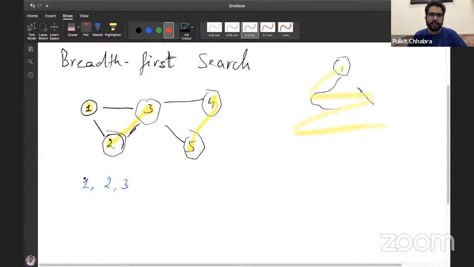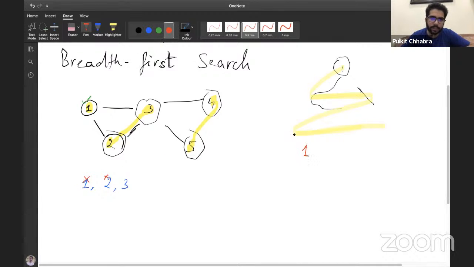And so I've visited 1 now. After having visited 1, I know that the next nodes that I'm going to visit are going to be 2 and 3. I've deleted 1 from the data structure because I do not have to visit it anymore. But I know that the next nodes I have to visit are 2 and 3, so I've added those to the data structure that I'm going to use to implement the BFS, right? So now I have 2, so I'll delete 2 from my data structure because I have visited 2.